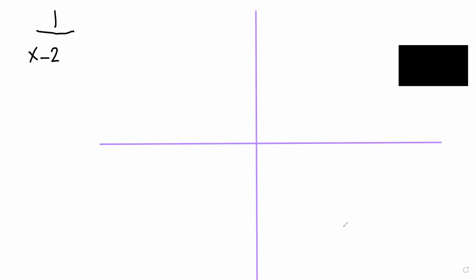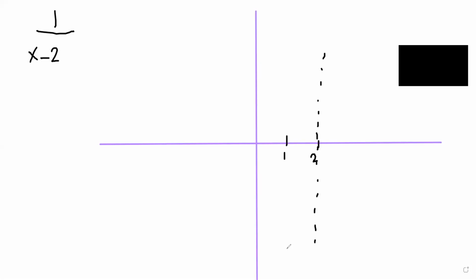Imagine now this is the axis here, and I want to graph 1 over x minus 2. The first step, you have to find the excluded value. Where's the excluded value? 2. Exactly, at point 2. So if this is 1, this is 2. So I will draw now